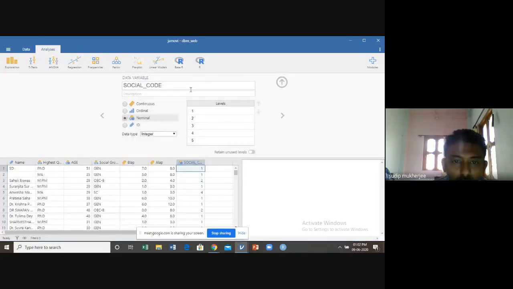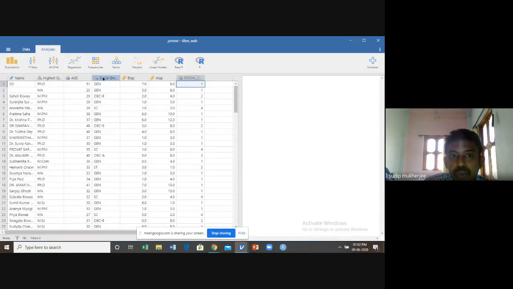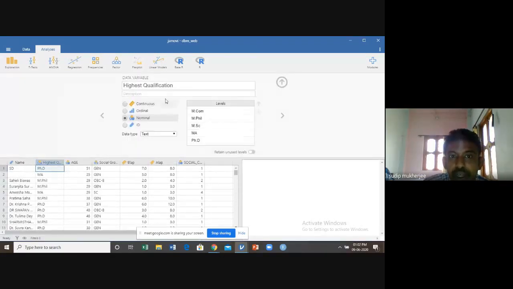And another variable I am creating here is social code, and I just create this on the basis of the information given by you. So here you see two variables, one is social group and another is social code.